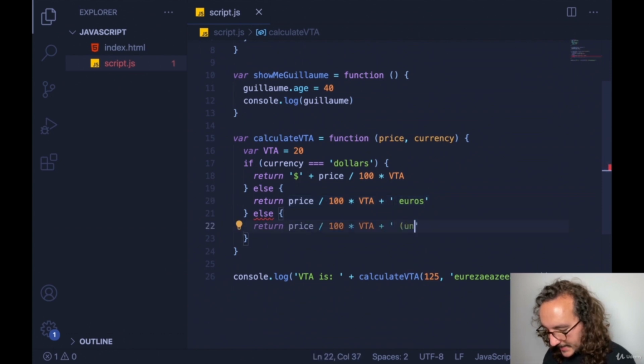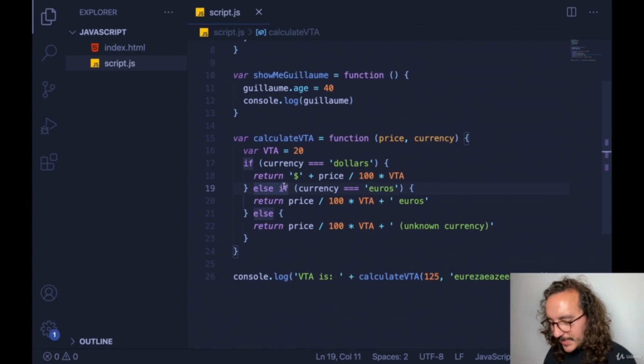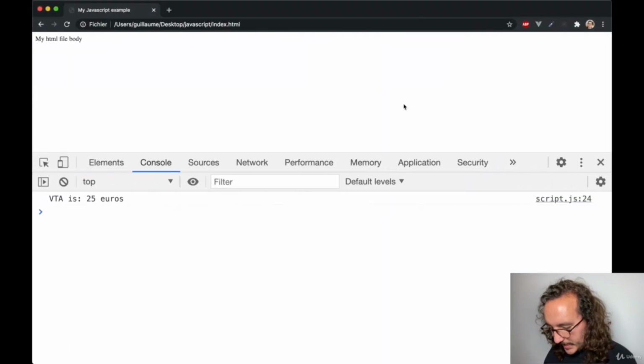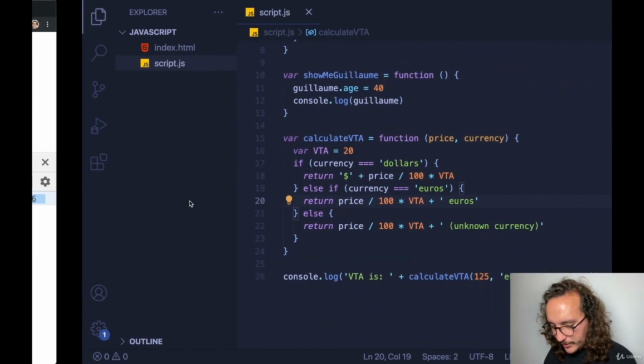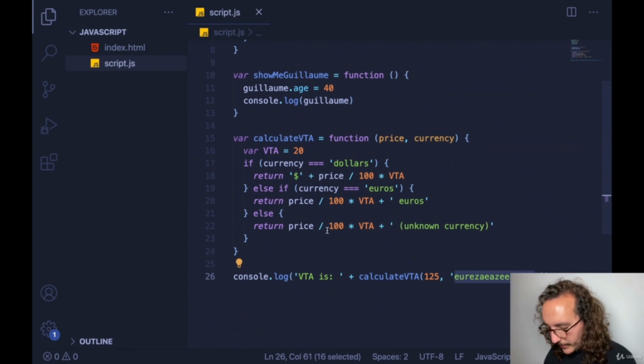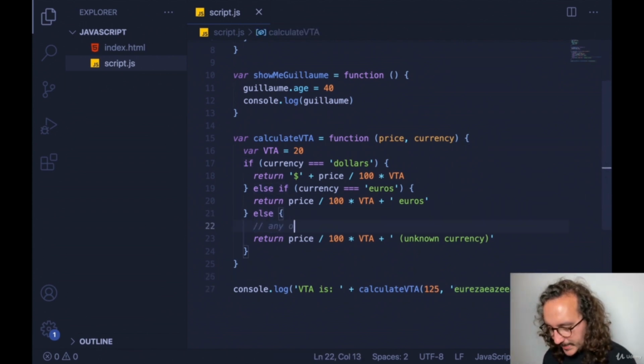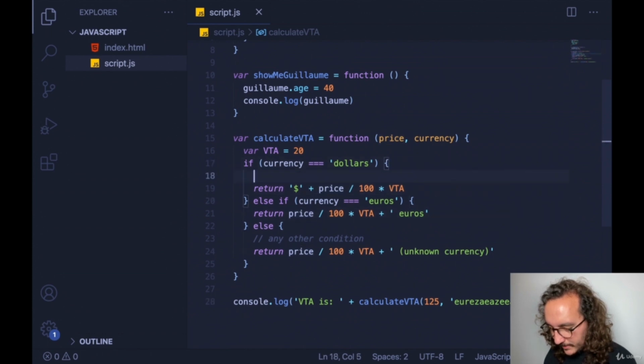Okay, so let's say that instead of putting euro, I would like to put return price VTA and let's say unknown currency. Okay, I should get back in here and type else if and the same condition as we did before, euro. And we could put as much else if as we want to trigger all the conditions. So basically in here, I would have unknown currency for any other type. Else, it's for any other type, any other condition, okay? So it means all conditions except the two in here. So basically in here, if dollars, and down here,